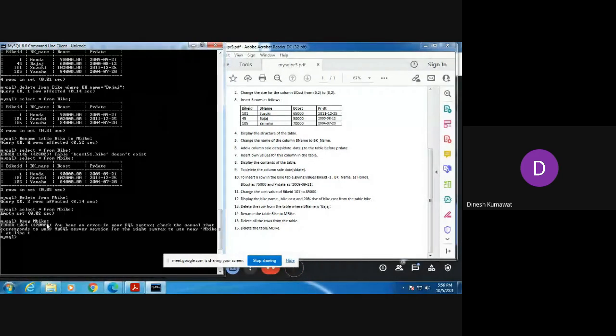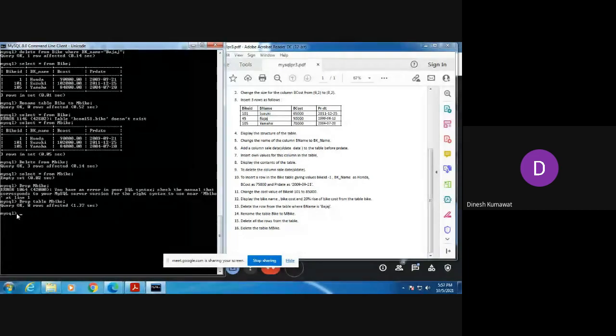Okay, now I am pressing enter. You can see we are having an error, which means here we also need to write table. Drop table and table name. Here our table name is mbike. Now let's see what is the output. Query okay, 0 rows affected.